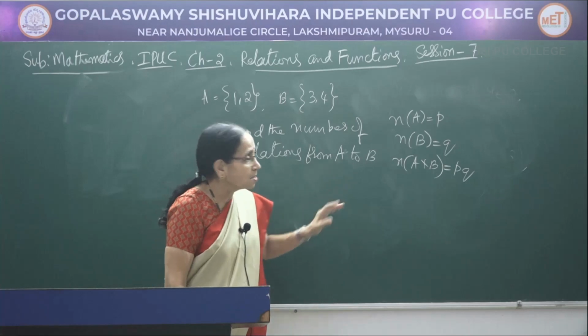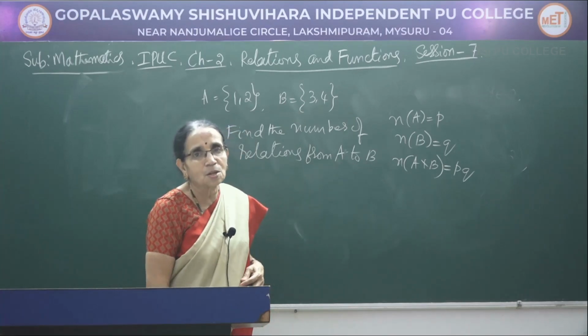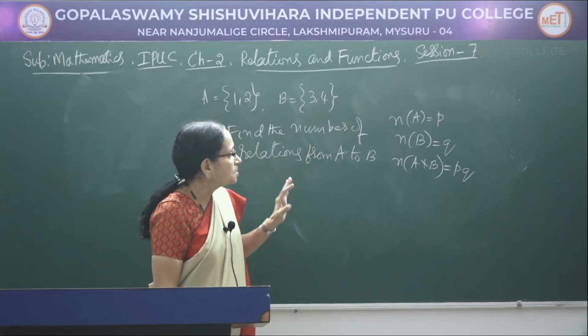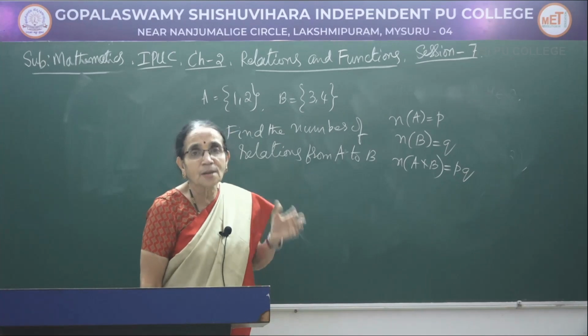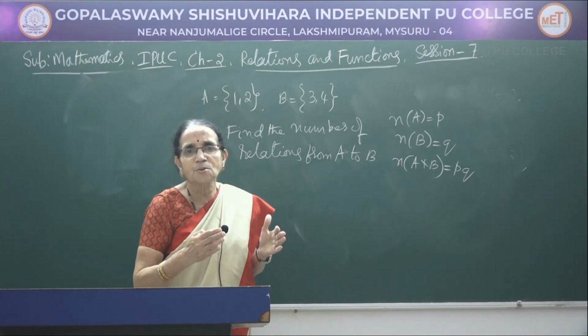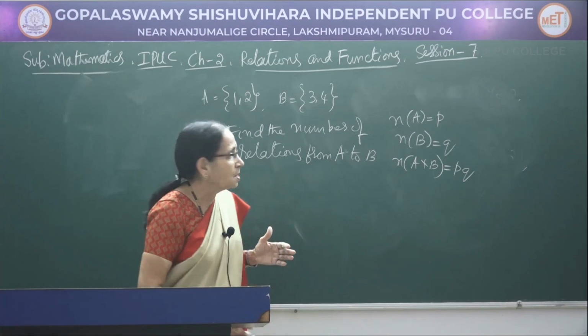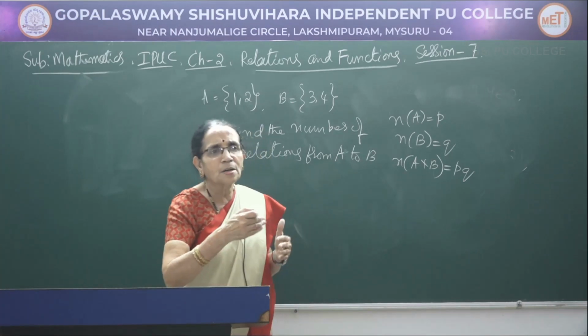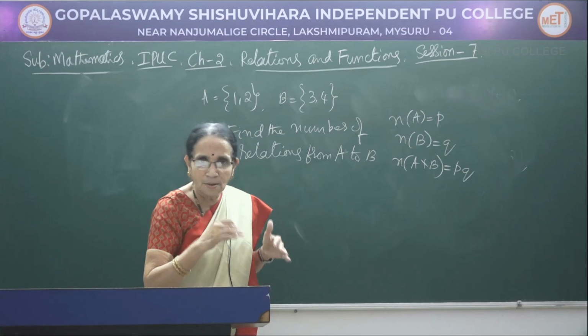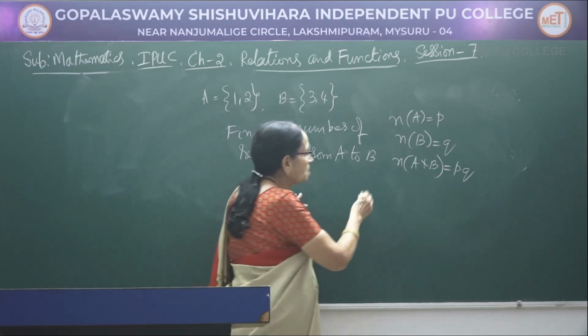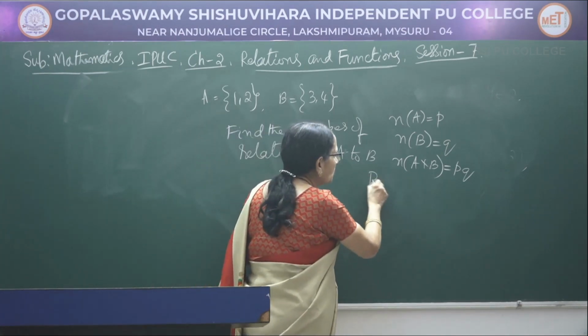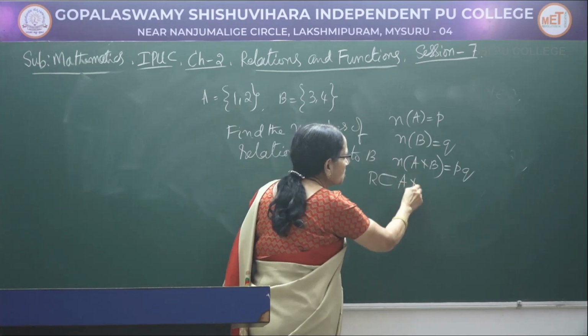Now, after teaching this, when I taught you about the definition of the relation, how did I define the relation? First I considered a numerical example, then I defined some 2-3 different relations on the same set, then I observed that all those relations were subsets of A cross B.